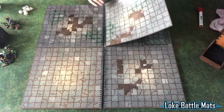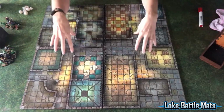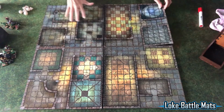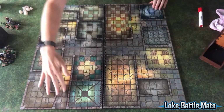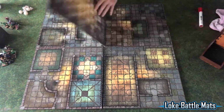In terms of table space, 2-foot by 2-foot creates a really epic encounter area. We always have a mixture of corridor sizes. We have 4 squares going along here, and the 2 areas here. So you have pinch points, you have wider areas, the room size varies, the colour palette varies, and this gives